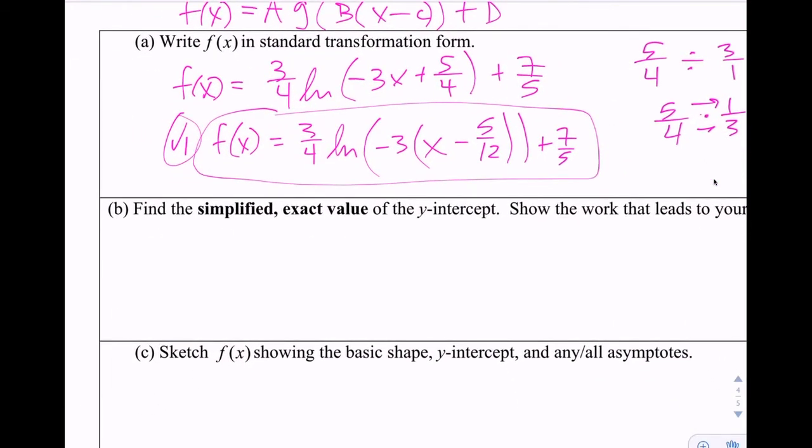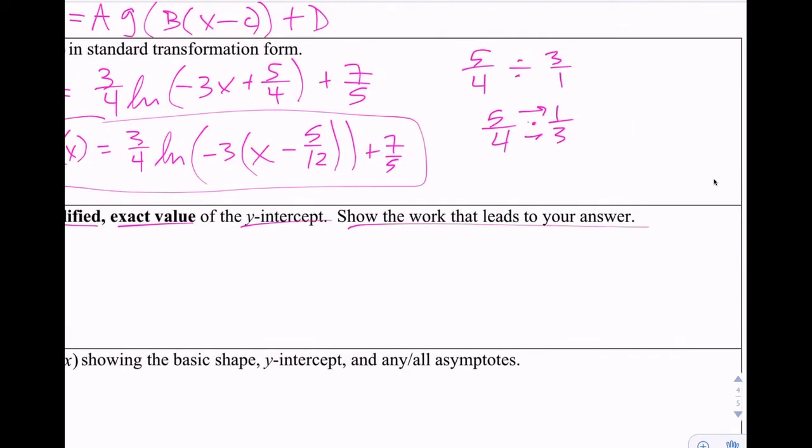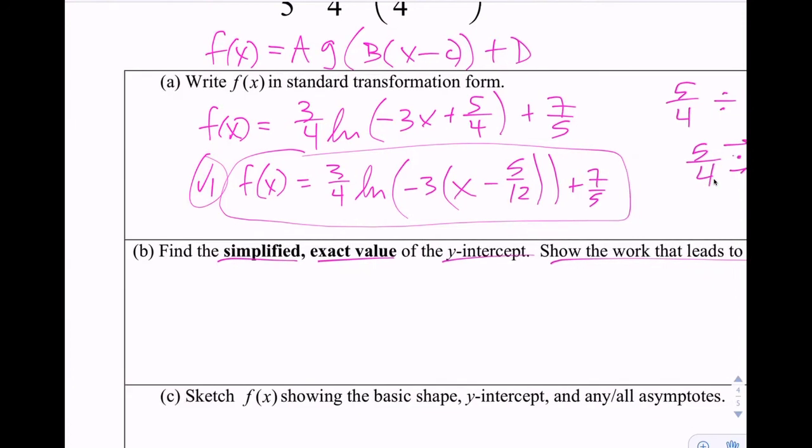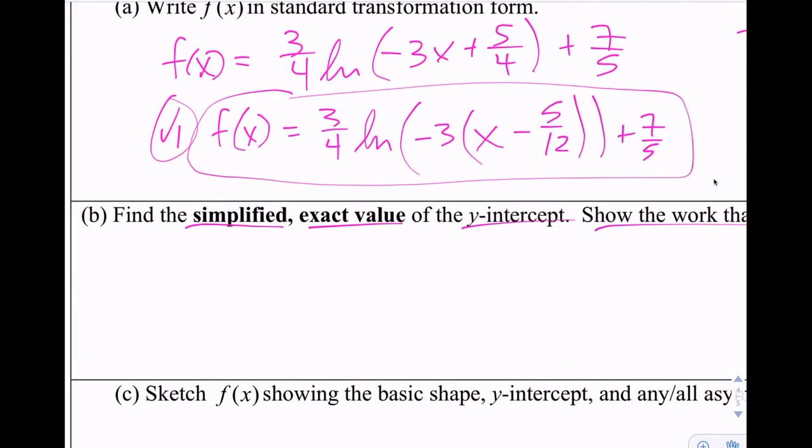All right. Find the simplified exact value of the y-intercept. Show the work that leads to your answer. How in the heck do I show someone that I'm finding the y-intercept for the function f of x? F of 0. That's all you really need. Really? It's that easy? Heck yeah. F of 0 equals 3/4 natural log of -3. When I plug it in, I get -5/12